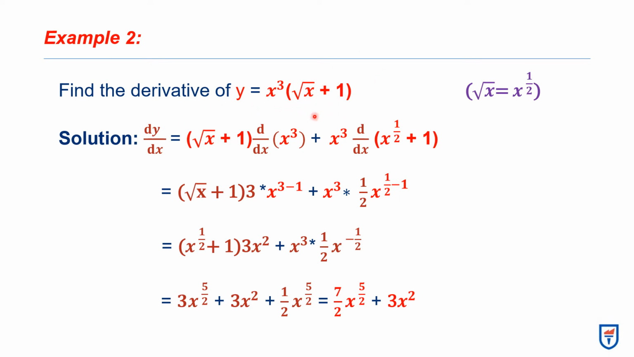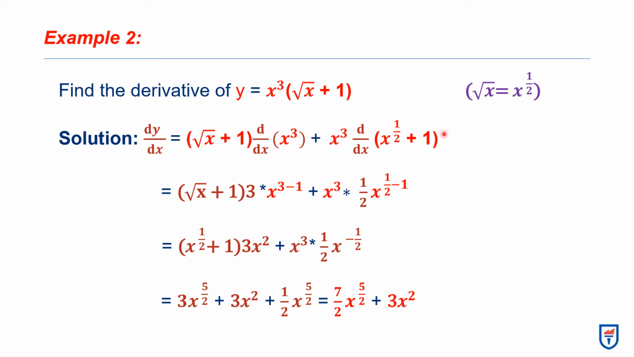Here is our second example that says find the derivative of y is equal to x cubed times the square root of x plus 1 in one bracket. So we can consider these two as two functions, as two expressions of f(x) and g(x). And when you label them as g(x) and f(x), then we can now substitute into our product rule, that is saying dy/dx is equal to the function g(x), which is root x plus 1, times the derivative of f(x), which is the derivative of x cubed,